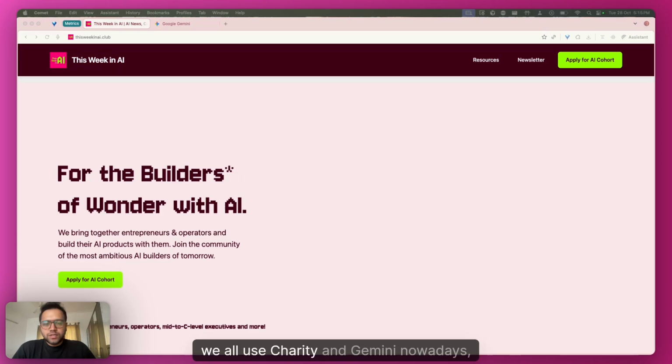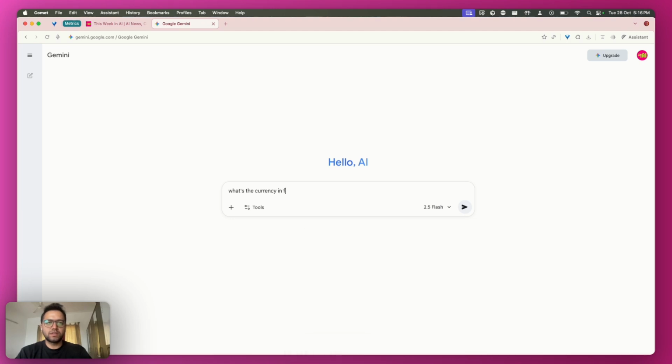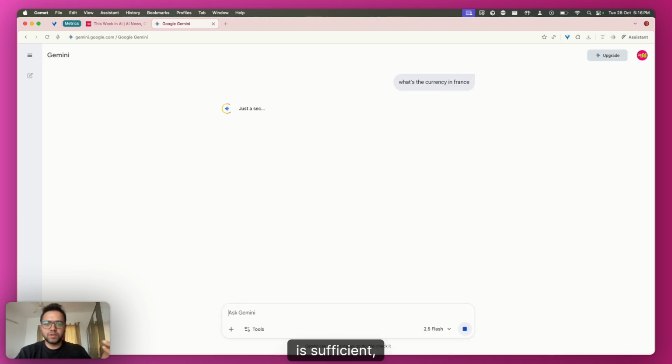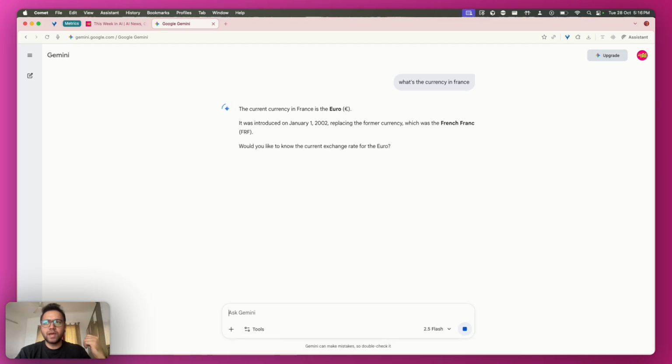We all use ChatGPT and Gemini nowadays. Every time you use an LLM, you have to give it a prompt. For normal use cases, it is sufficient. What's the currency in France? This much is sufficient. But what if there are repetitive tasks that you need to do, and you need